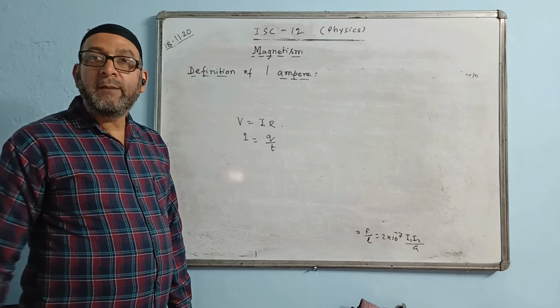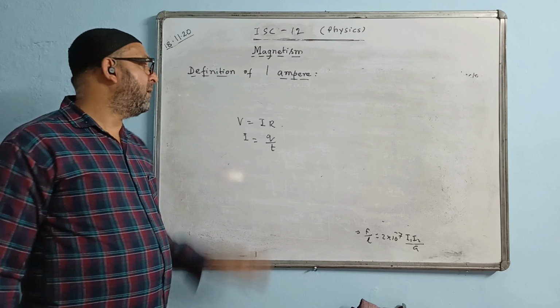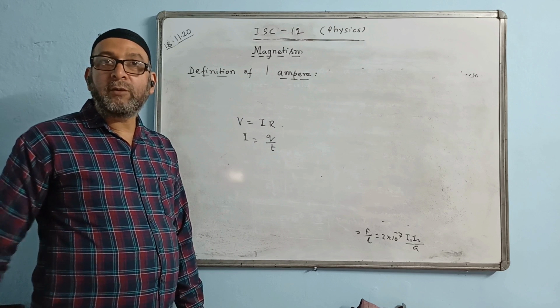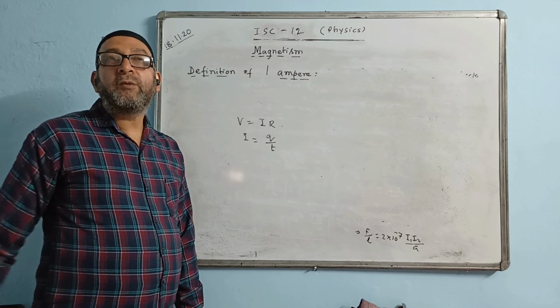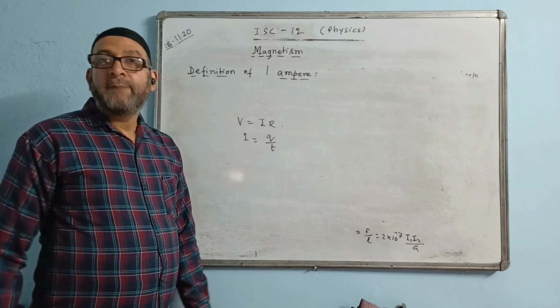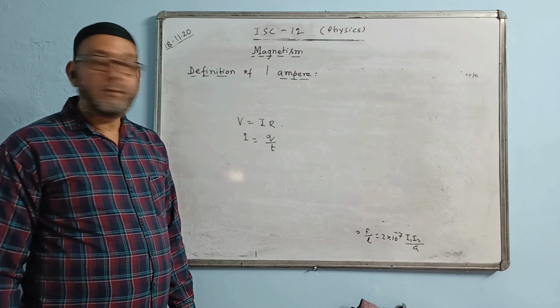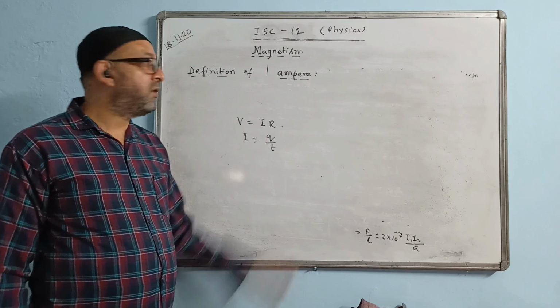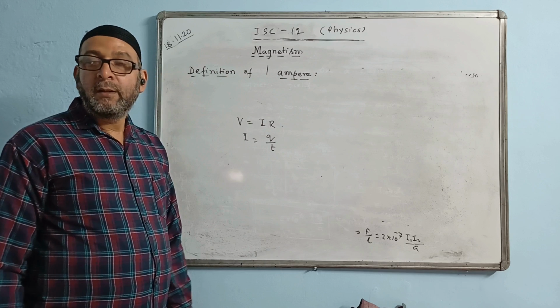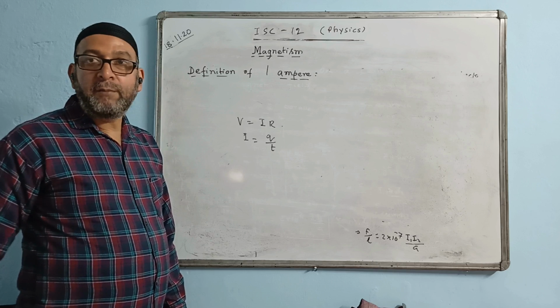You should not miss out any points. That definition is highly important. They may not ask for the entire thing, but they may ask you to write down the expression for the force acting between the two parallel wires. You write down this formula. Hence define 1 ampere. Then using this equation, you have to give the definition of 1 ampere. So this is how you have to define 1 ampere.